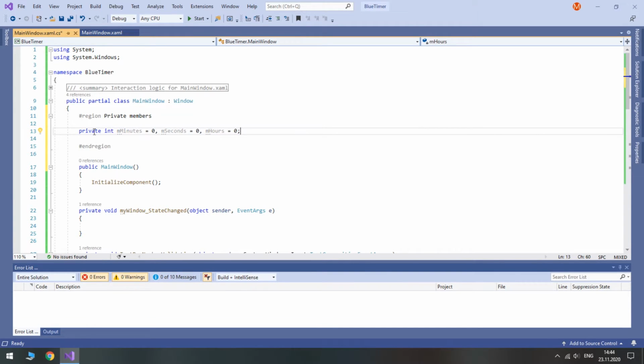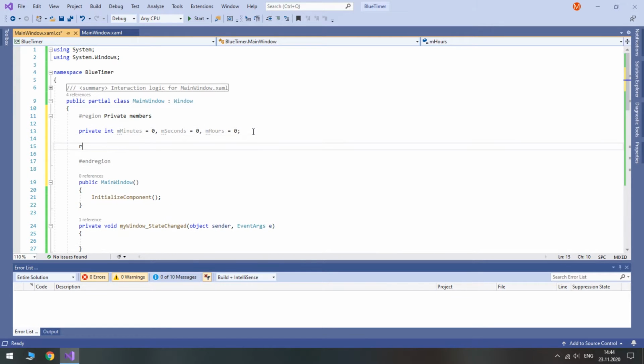Don't forget that private members are commonly named starting with the M prefix. Then we need a boolean field indicating whether the subtimer is working or not.